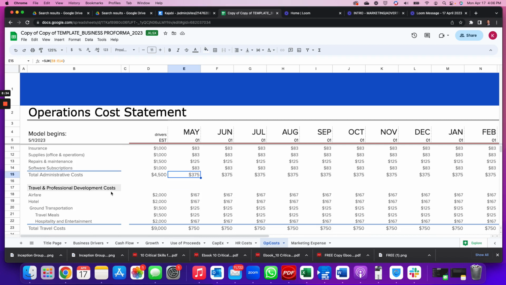Maybe you're just starting out and you won't be doing any traveling, you won't be going to any conventions because it's just not the right time for you, whatever it may be. I do like to plug in at least a small number just to account for unexpected expenses. Maybe there's something that comes up and somebody's going to be there that you want to meet and you need to make a connection. I do like to account for that, just so, again, we have a realistic picture of